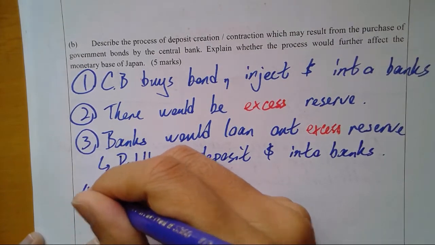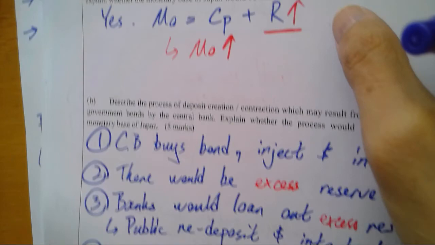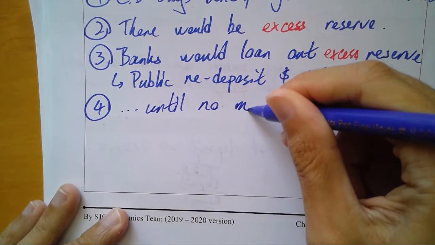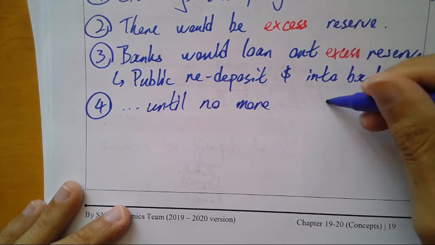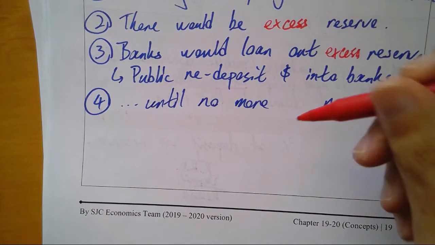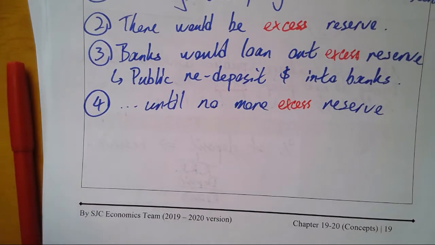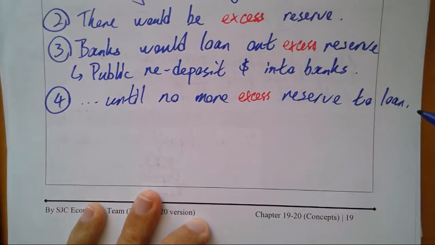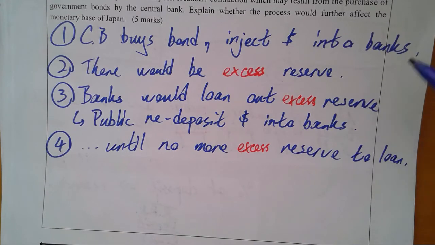Now, finally, you mentioned that. 等等先。The cycle continues until there is no more. 都係啦。Until there is no more excess reserve to loan out. Okay, this is how credit or deposit is created. OK，嗱呢個背書嘅啫。